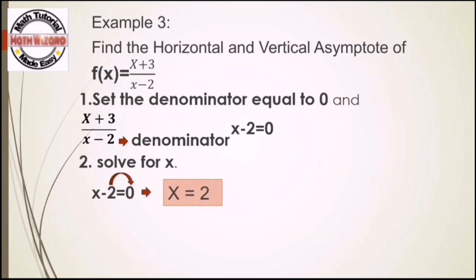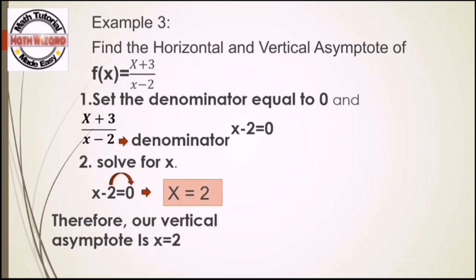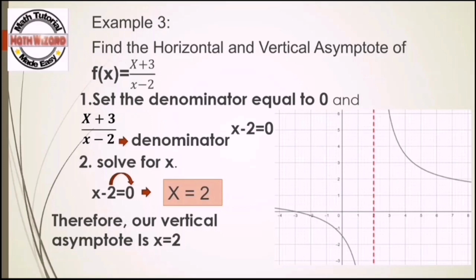Now, since we already solved the value of x, we can say that the vertical asymptote of this function is at x equals 2. So if you're going to plot it on our graph, this is how it goes. The vertical broken line is at 2, right? And then